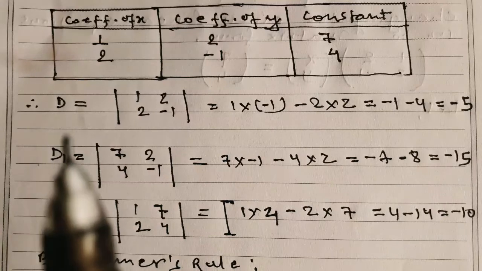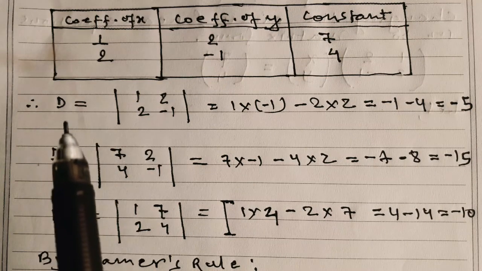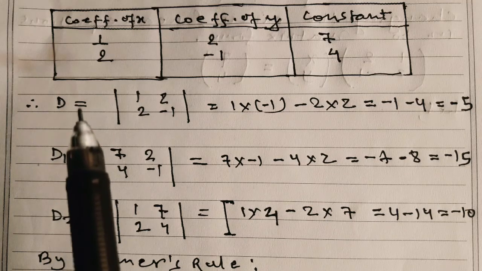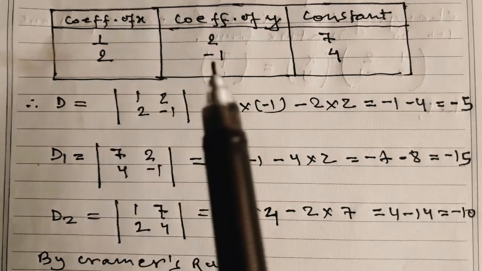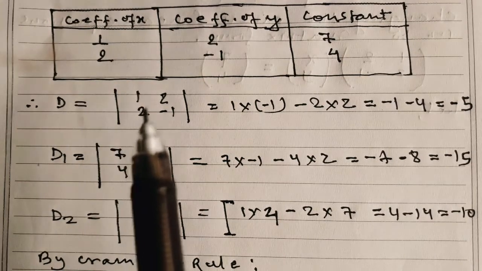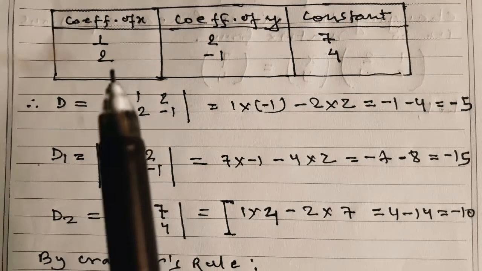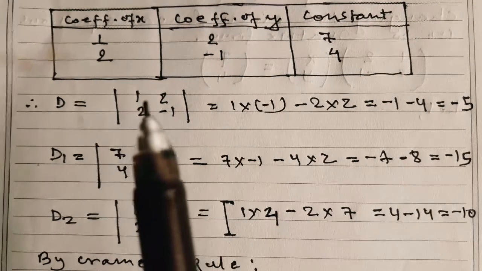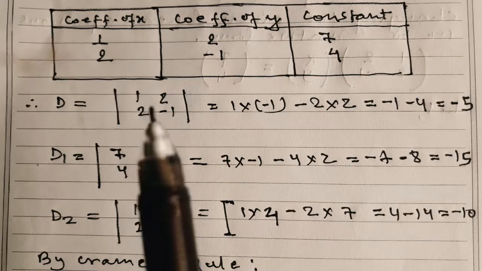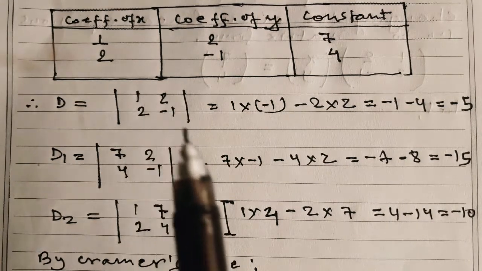So let's find the value of D at first. To find the value of D, that means D is the determinant of the coefficient of x and coefficient of y. So the coefficient of x is 1, 2, and the coefficient of y is 2, -1. So we have to find the determinant of these. Now according to the rule of determinant, the difference between the cross products,